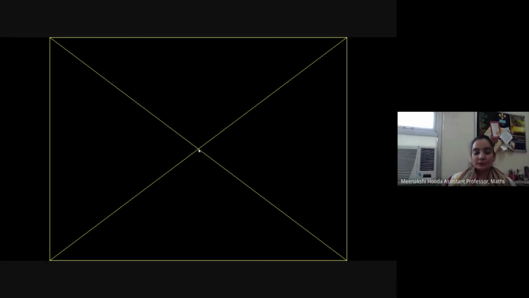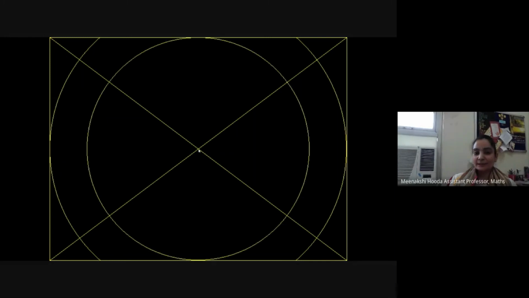In the next 2 lines we had called the circle inbuilt function. So it will draw a circle. It is touching these dimensions, and the next circle will touch the top and bottom borders of the screen.